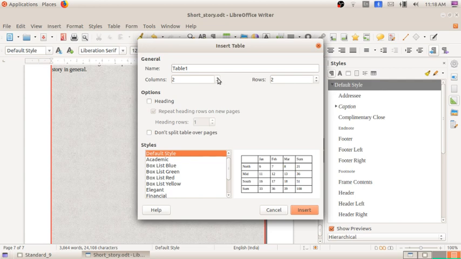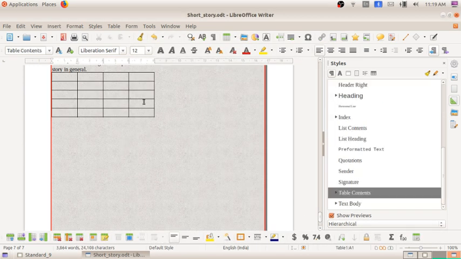I am going to increase the number of columns. So I am making the number of columns 4 and the number of rows 5. Or rows 6? Okay, 5 will be okay. The columns and rows are selected, and we gave the name also. After that, when you click on insert, you can see the table is inserted where the cursor was placed. Here you can see the number of columns we have given appeared, and the rows also appeared.